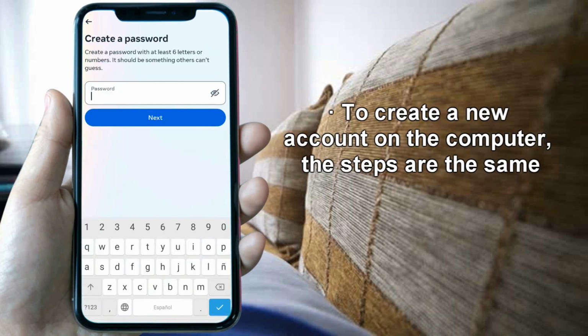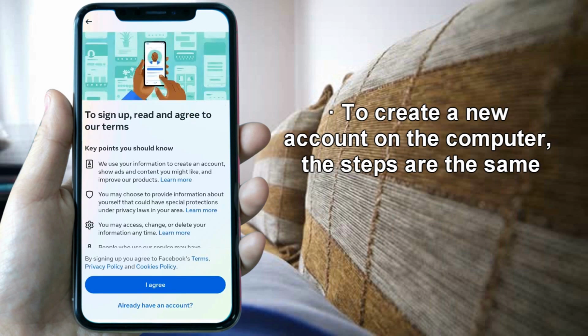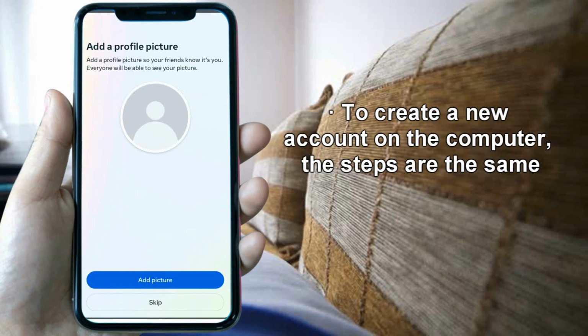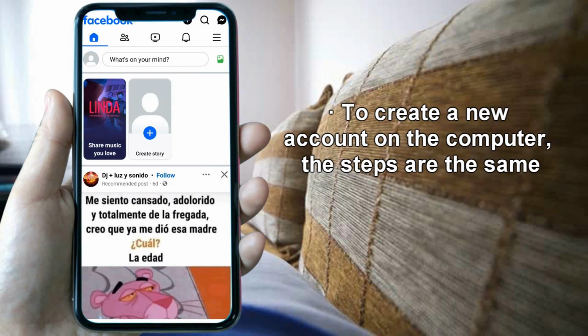Now let's write our email and then next. Now let's create a password and then next, and then if you want to save your login information, let's press save and now agree. And now you can add your profile picture. And now as you can see, we created our